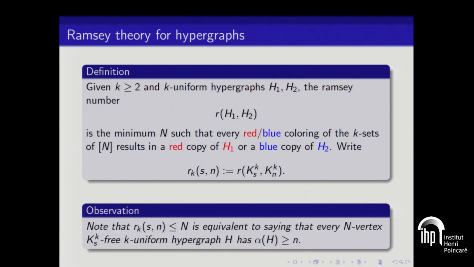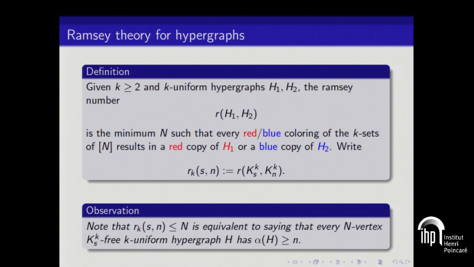And just for something that will come up later, but I'll mention it right now, the assertion that this Ramsey number is less than capital N is equivalent to the assertion that if you have no red s-clique, you must have a blue n-clique. So if you think of just putting the red edges as edges and not putting the blue edges at all, then we're talking about independence numbers, at least n. And later we'll see that one of the generalizations is useful to think about in terms of this formulation.